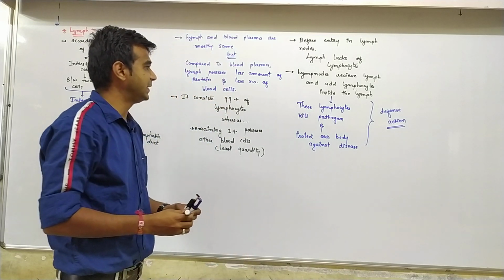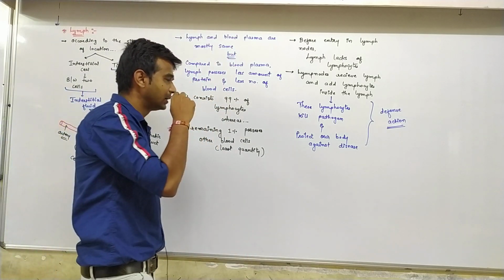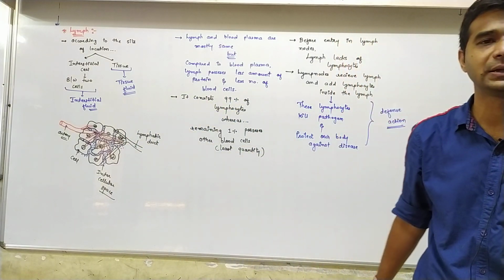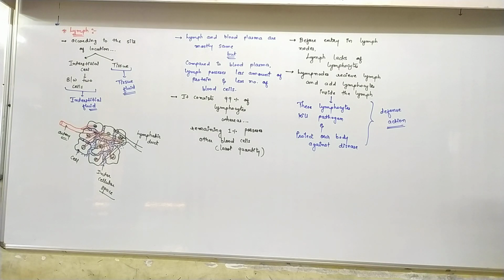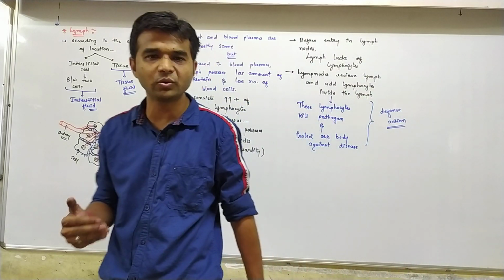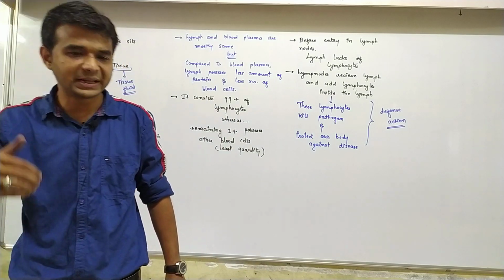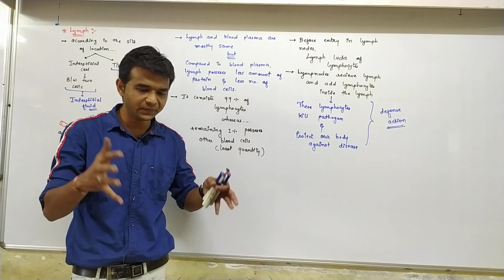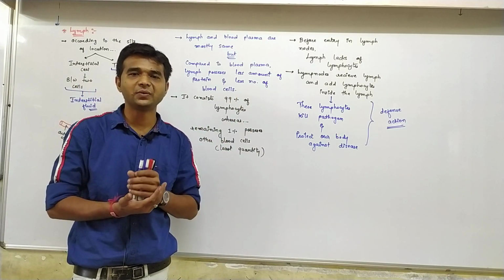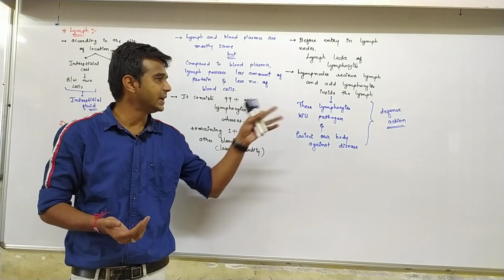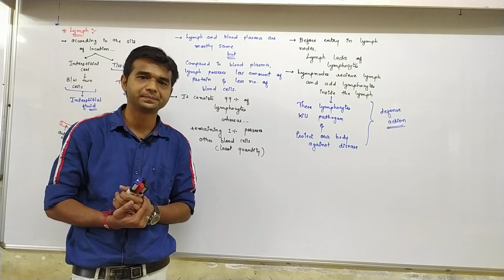After entry of the lymphocytes inside the lymph, if the lymph possesses any bacteria or virus or any type of pathogen which is harmful for our body, the lymphocytes kill them. In this way, the lymphocytes protect our body against disease. That's why the lymph ducts and lymph nodes are all arranged in a very complex manner inside our body, known as the lymphatic system. It provides a defense mechanism in the body.